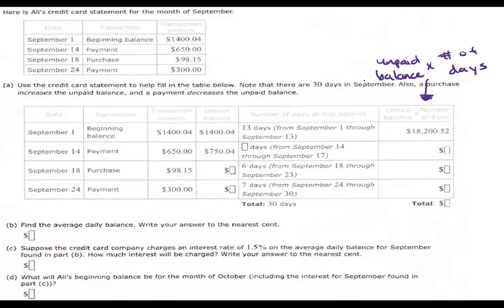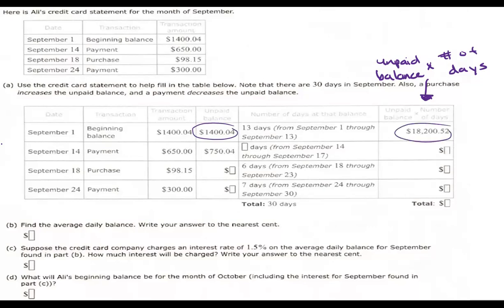Okay, so we have to understand what this credit card statement is saying. All right. So if we look at the September 1 row, it has this unpaid... I've written it up here because I know it's kind of hard to see, but it says the unpaid balance times the number of days. So the unpaid balance is